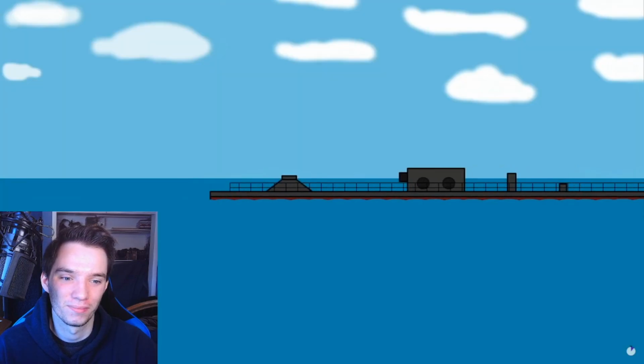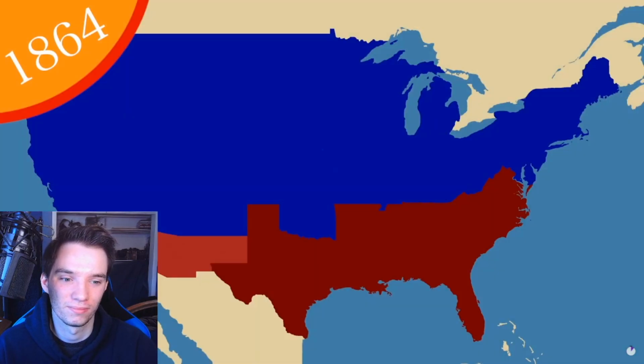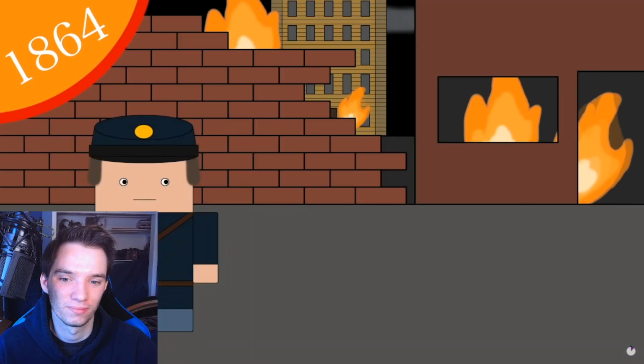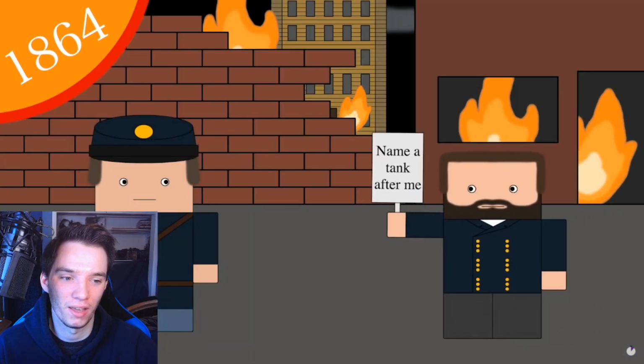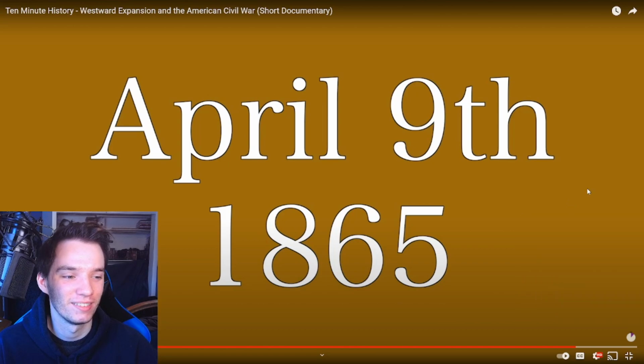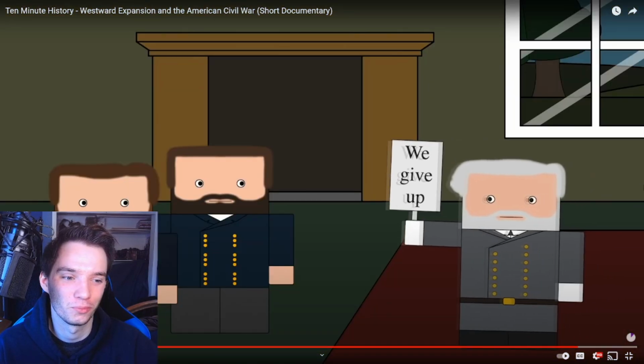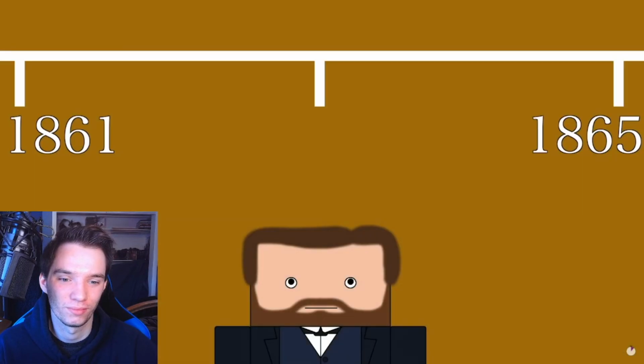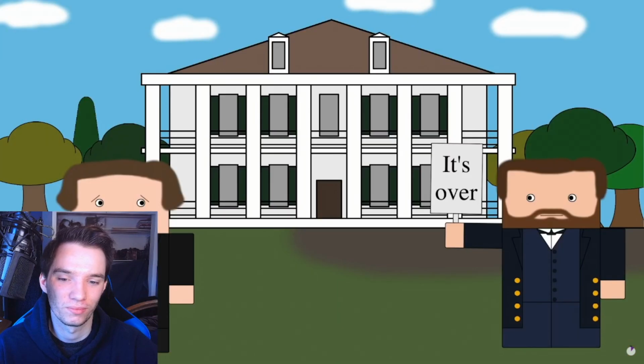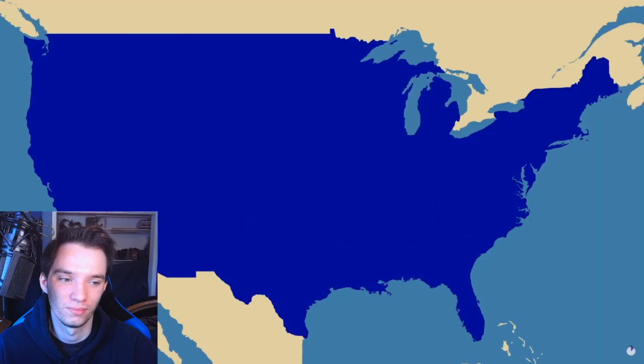The Union blockade was taking its toll on the Confederacy, and after the loss of Atlanta to General William Sherman, it became clear that the Confederacy was going to lose. And on April the 9th, 1865, at the Appomattox Courthouse, General Lee surrendered to Grant, effectively ending the Civil War. Jefferson Davis was soon after captured, the South was occupied, and the Union now had the difficult job